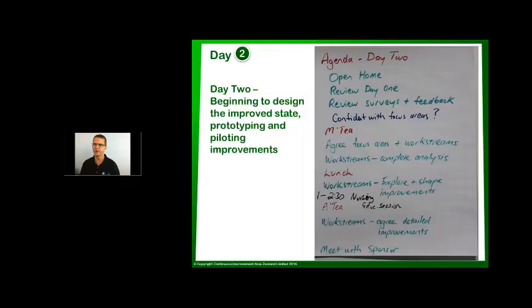Often running an open home, as well as 20 participants, you might have 30 people coming through to see what work is being done. That's another reason you need to be careful about your room selection. And a side benefit of an open home, as well as communicating with a much wider group, which makes implementation a lot easier, is that you've got participants who are sharing the work that's being done. So they're suddenly taking ownership because they're going, colleagues, someone I work with, here's what we've been working on, and they take some real ownership of that